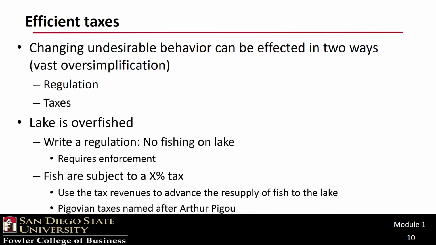Another way to deal with this problem is to tax the catching of fish. You must pay a $1 tax for each fish caught. This raises the price of fish and thus lowers demand. It also creates revenues that the government can use to manage the fish supply in the lake. This unique form of such a tax was espoused by an early economist named Alfred Pigou, and these taxes are